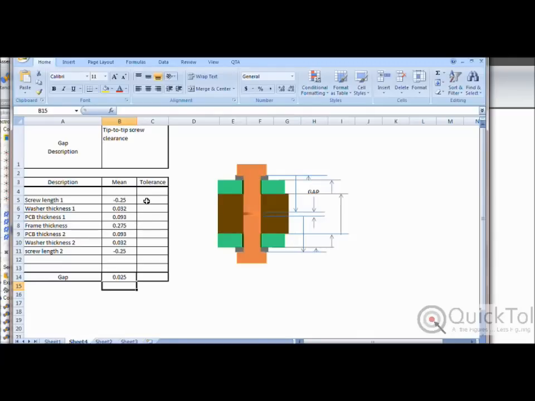So now we need to go and fill in some tolerances. Now, I'm not going to go through all of that going through drawings. That'll be for another tutorial. So for argument's sake here, we'll just use some assumed tolerances. So for a screw, we'll assume that that screw length is plus or minus, say, 10 thousandths of an inch. So we'll say 0.01. And I've got another screw down here, so this will be plus or minus 10 thousandths